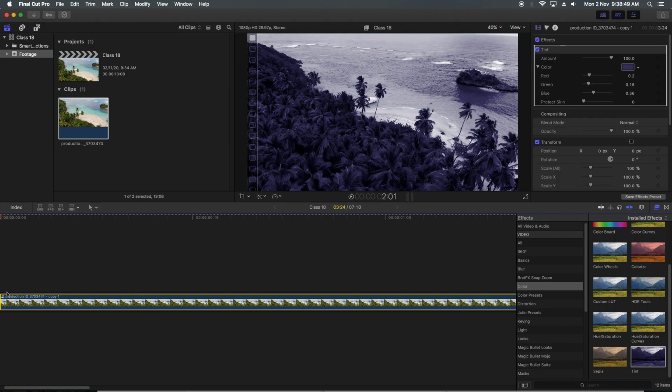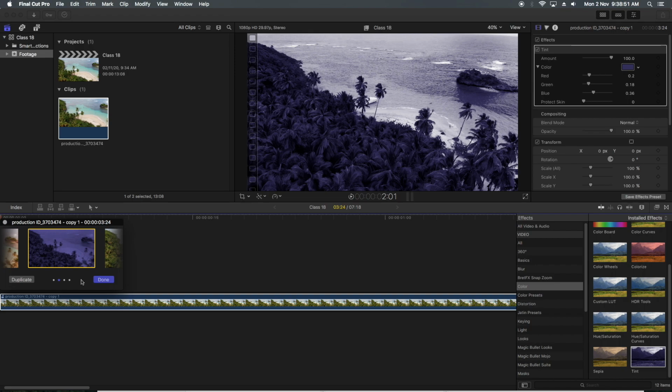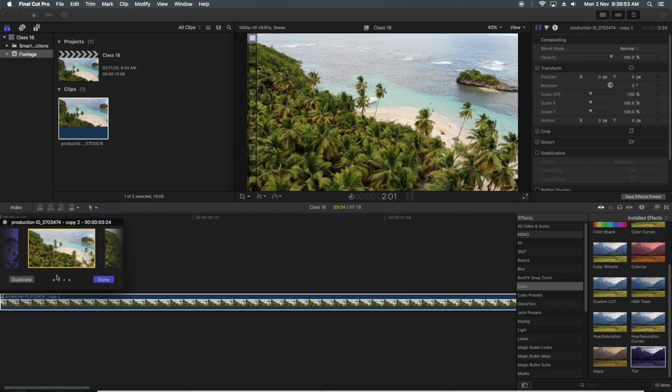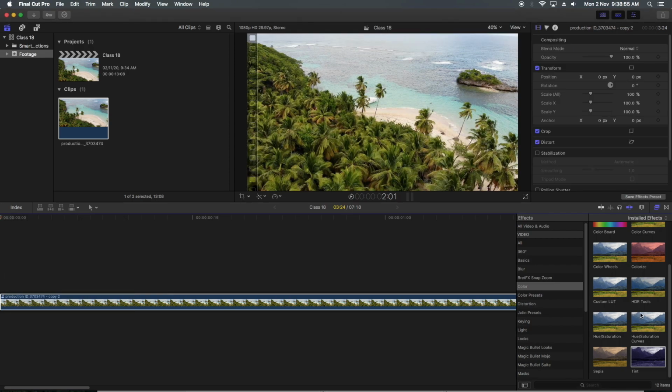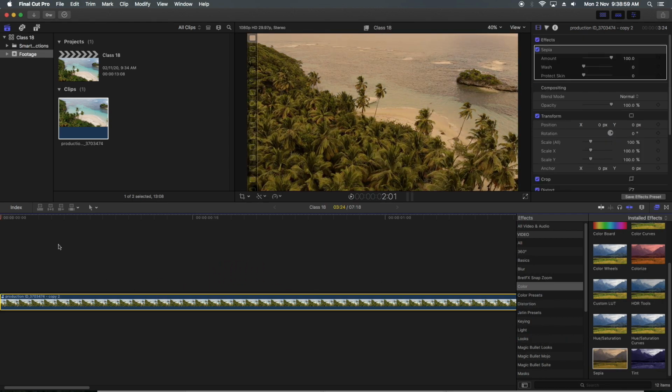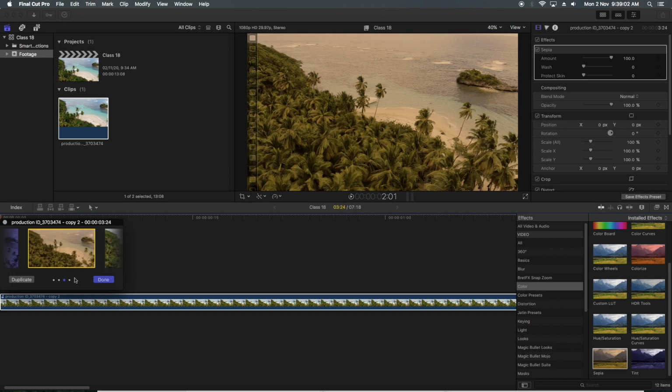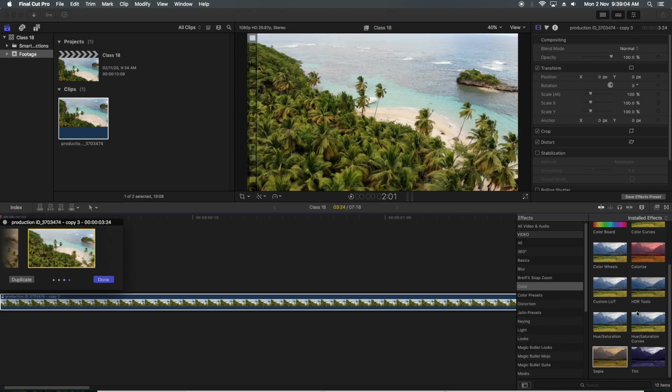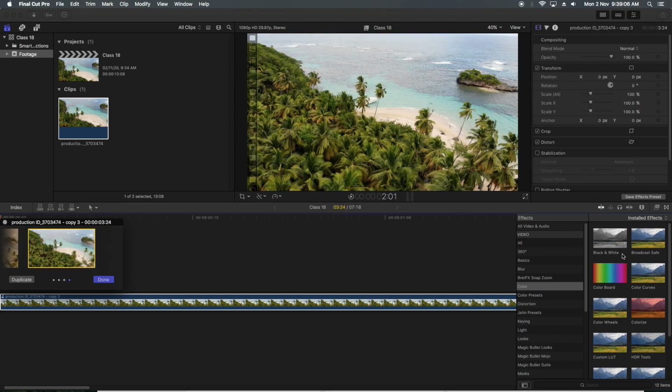On the third I want to change another. I'll go here, I'll drag sepia. And on the fourth I want a fourth look. What I'll do, I'll drag black and white.